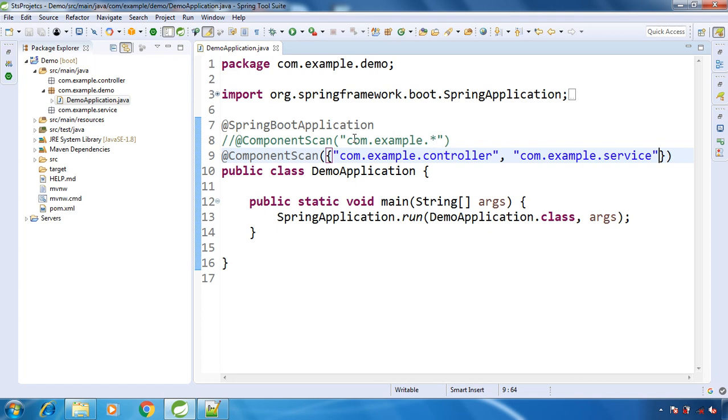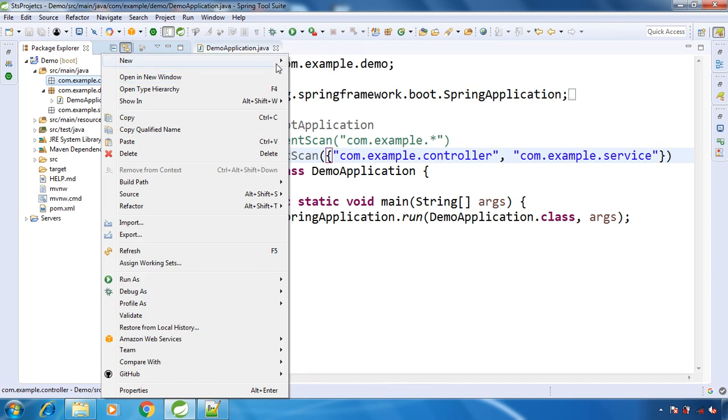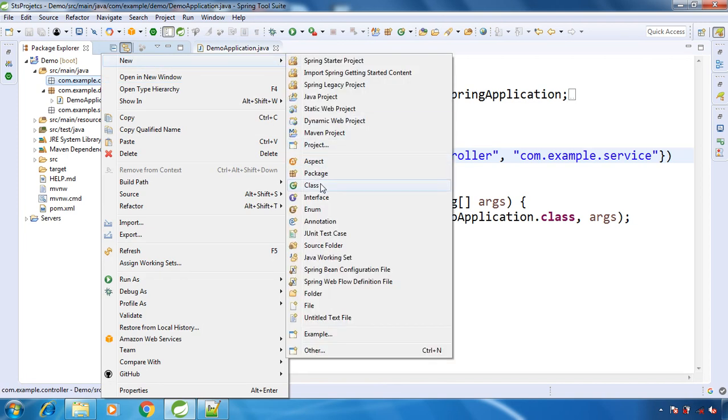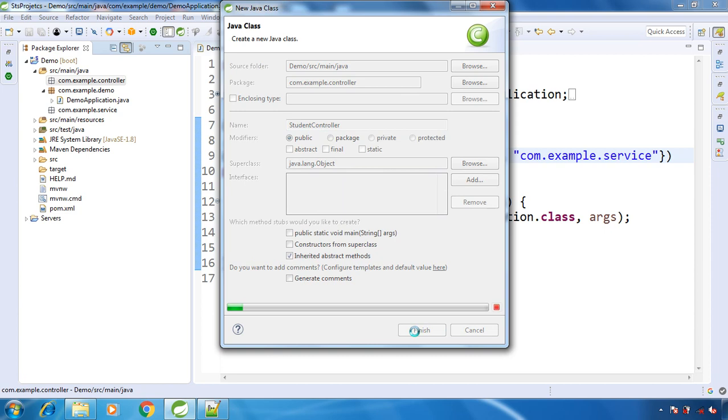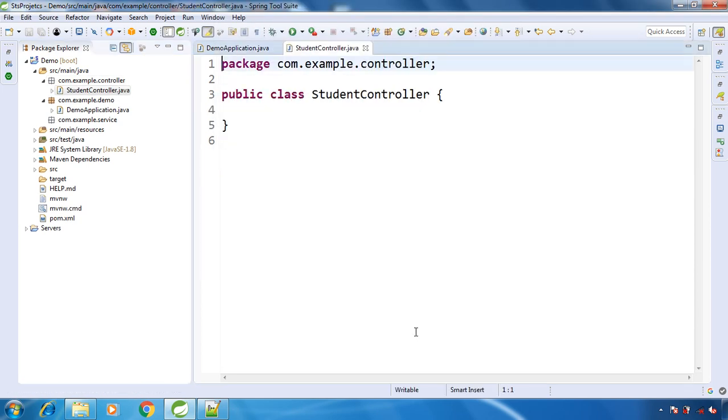Now let's create our very first controller, which will be a REST controller. Let's create a separate class, our controller class, and I'm giving it the name StudentController.